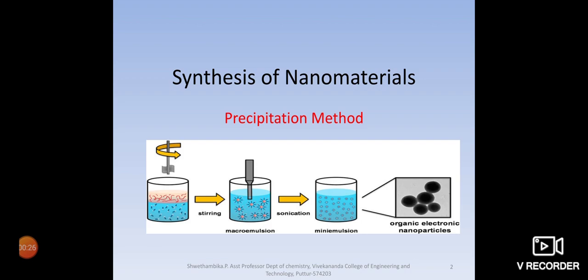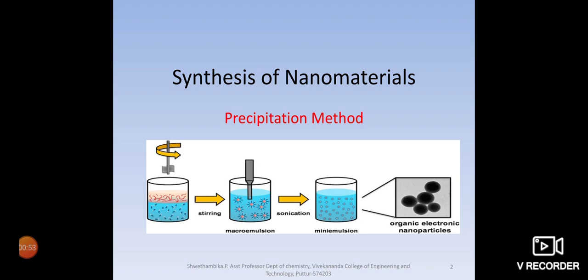The concept or the reaction which is involved in a precipitation is quite familiar, where we actually make two or more chemicals react with each other and a product is going to be formed. Usually this product will be settling down and we call it a precipitate. So here also we are going for the synthesis of nanomaterial by the same approach.